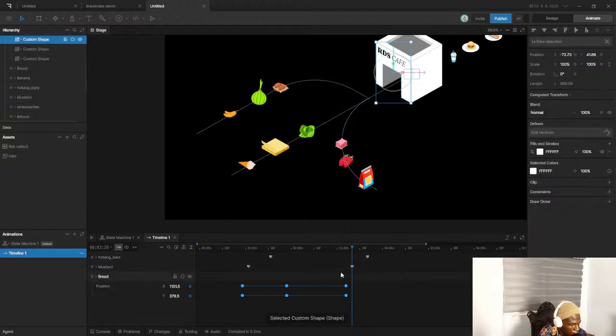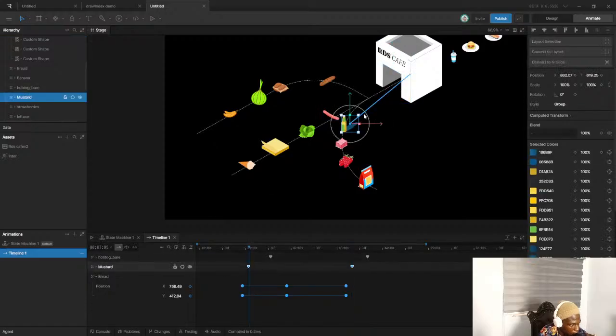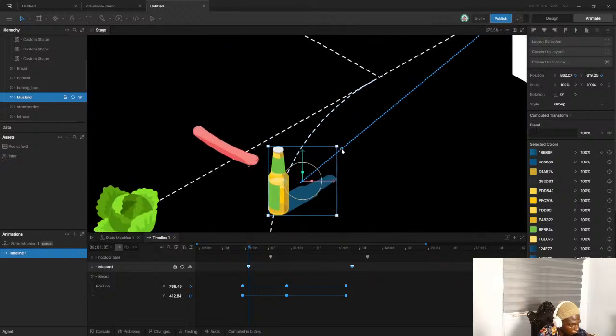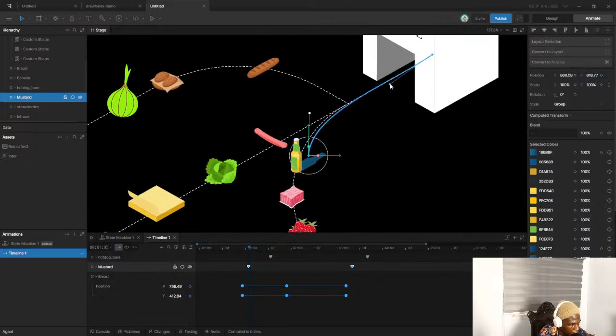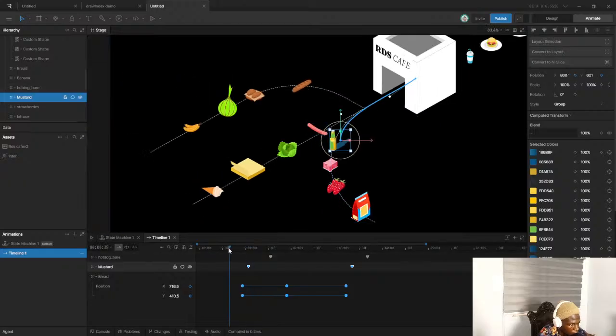Alright, cool. Select the corners, custom shape or whatever. This shape I'm talking about, bro. And then we just gonna drag you. Okay. Alright. We're gonna drag you to follow this, man. So